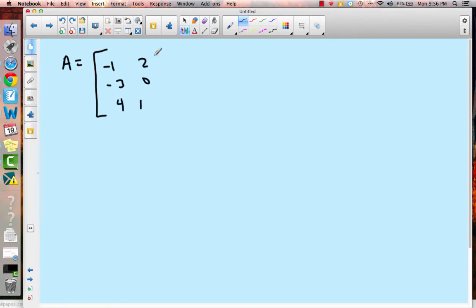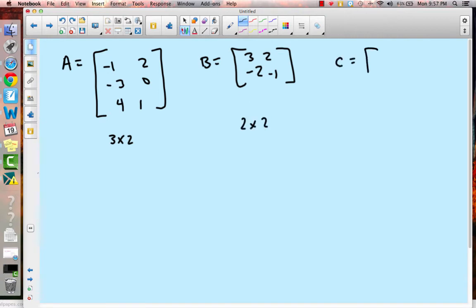Okay, so this is a 3 by 2 matrix, and I'm just going to write that underneath. Then I have that B is a 2 by 2, and it's 3, 2, negative 2, negative 1. Okay, so here's a 2 by 2. And then lastly, C is another 2 by 2, so negative 4, 5, 1, 0. All right, so there's our three matrices, and what I want to find in this one is A times B